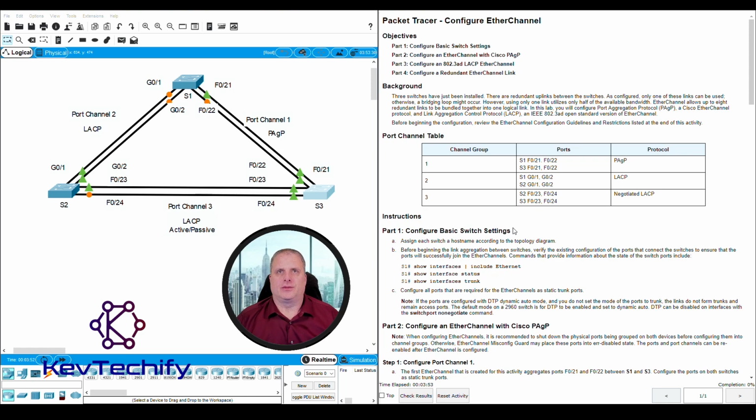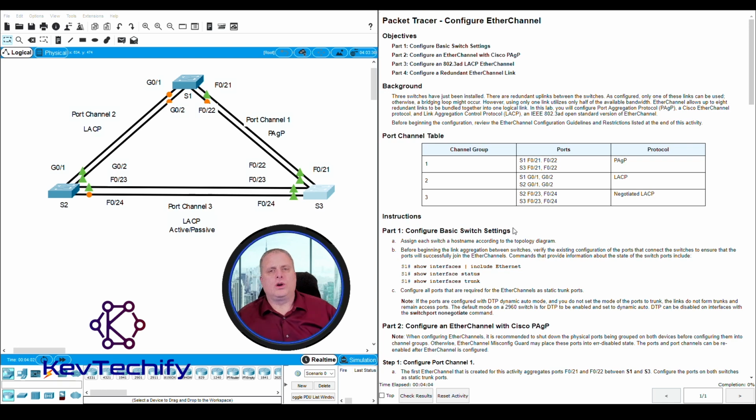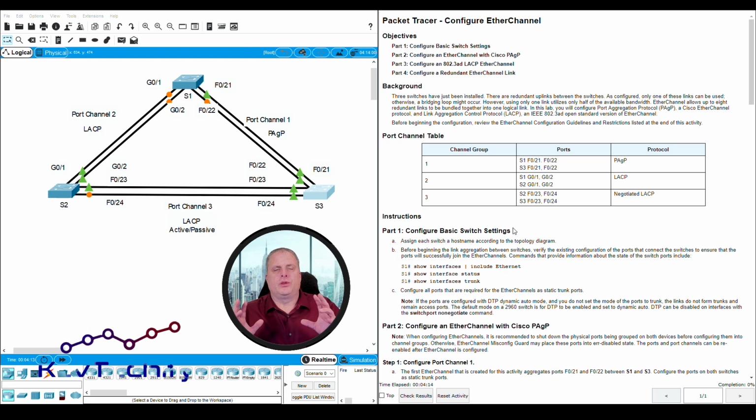Configure EtherChannel. Here I have my Packet Tracer lab open. On the left side, I have our work area where we can see our configurations, our connections, where we'll do all of our work. On the right side, I have our Packet Tracer activity window that will give us our instructions for our lab. In this lab, what we're going to do is go through and configure